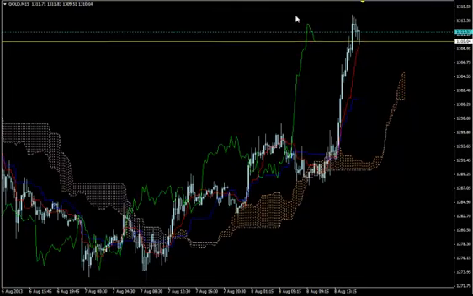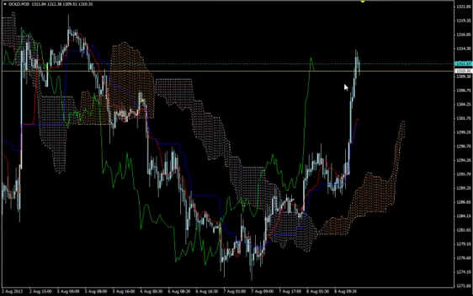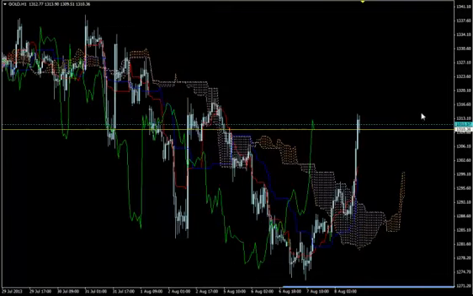We want to make sure Chikou span goes straight up. Then we go to M30. We want to make sure Chikou span goes straight up, not as angled as it is here. Then we go to H1. We want to make sure Chikou span goes straight up,